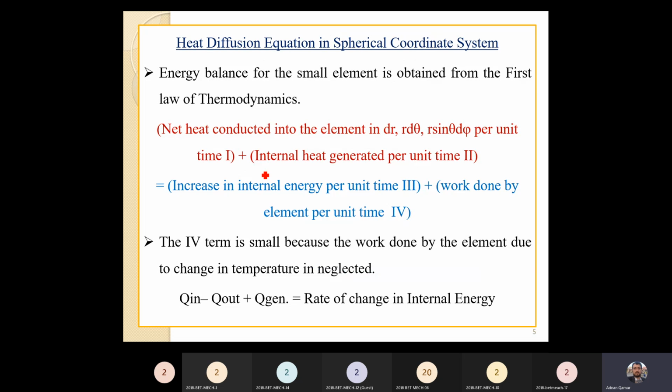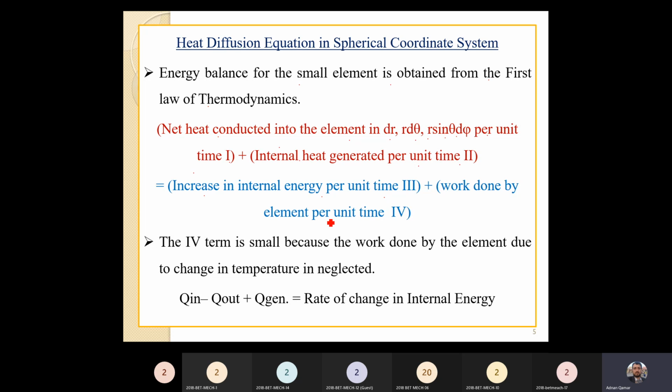So what we have to do, we have to develop an energy balance equation for the spherical coordinate system. So energy balance for a small element is obtained from the first law of thermodynamics, in a similar manner as we have done for the Cartesian and cylindrical coordinate systems. Net heat conducted into the element in dr, r d theta and r sin theta d phi, these are three directions basically, per unit time, this is component 1, plus internal heat generated per unit time, this is component 2, is equal to increase in internal energy per unit time, this is component 3,